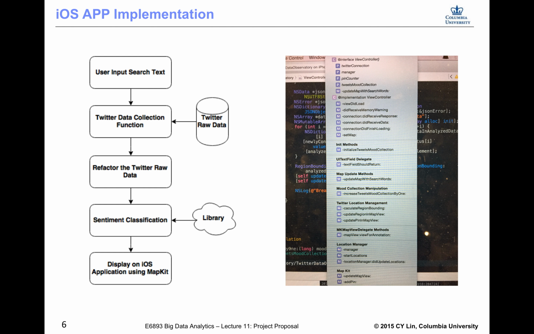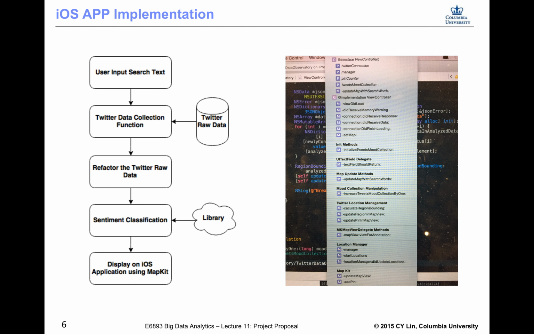For the iOS application, I drew a workflow on the left side of the slide. First, the user can input some search text and find related text from Twitter. After getting the raw Twitter data, we do some collection management, refactor the raw data, and tag the tweets with different IDs. After keeping them in a well-formatted JSON, we send it to an API for sentiment classification.